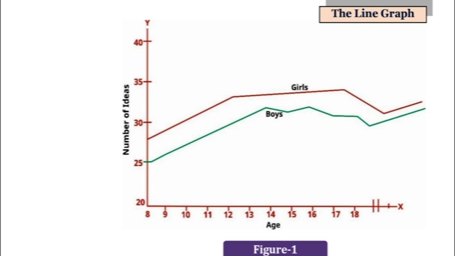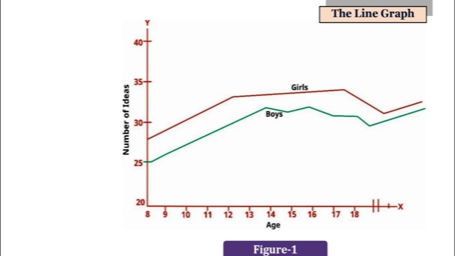Now, on the OY axis, there is the number of ideas produced, whether the 8-year-old child is producing more ideas or the 9-year or the 10-year, and how there is a gender difference in producing ideas. Now, if you look at this graph, at the age of around 15, the graph is shooting up. That means at the age of 15, idea production is maximum, and there is a certain decline, and then